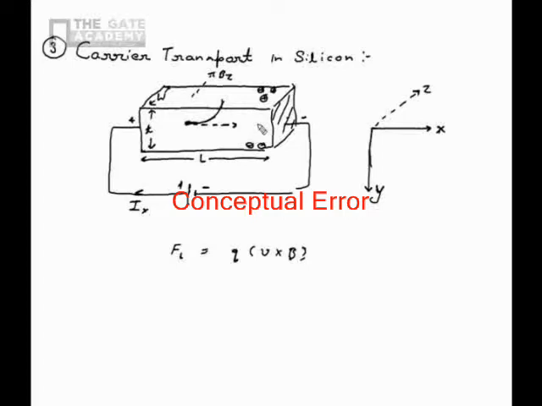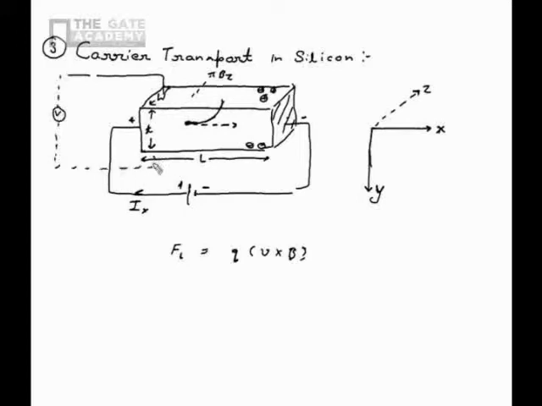And this voltage, created due to this magnetic field, is called the Hall voltage. We can measure it simply by connecting a voltmeter. If we have a high impedance voltmeter over here, we can connect it and check how much voltage we are building up, and that is called the Hall voltage.